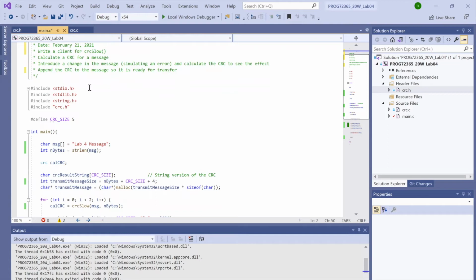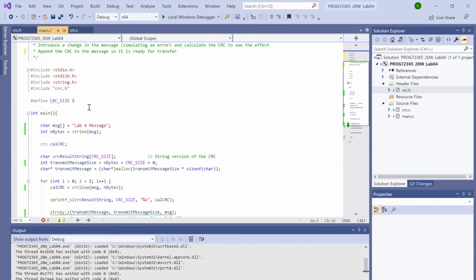In order to start, we need to include our libraries. So we include the standard I/O file, which lets us print to the user. We're also including string.h, which allows string manipulation, and we'll be using that to simulate appending the CRC. We include the standard library, and we need the crc.h file because that's where the definitions are. We are also defining CRC size, which will be used later in the code. But it's a constant, which allows us to update easily if we ever need to change it by just changing